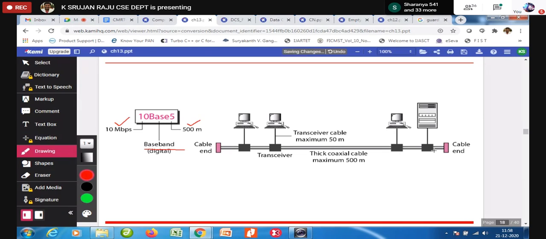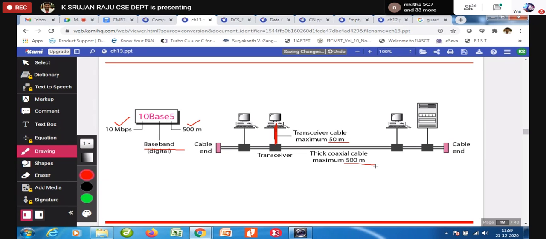Now here, the transceiver cable is maximum 50 meters. From here to here, whatever the distance is, this should not be more than 50 meters. And the cable should not be longer than 500 meters.